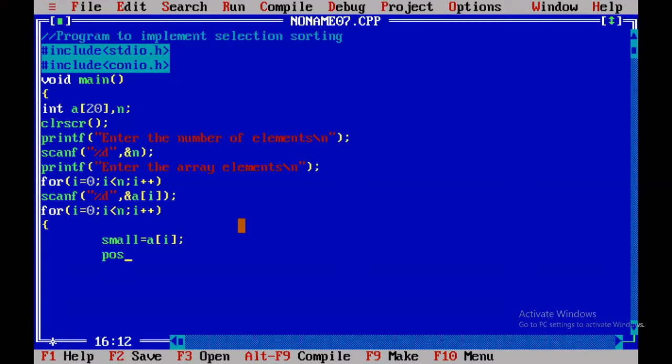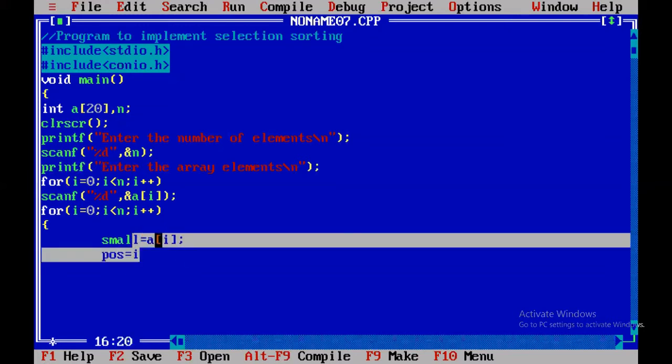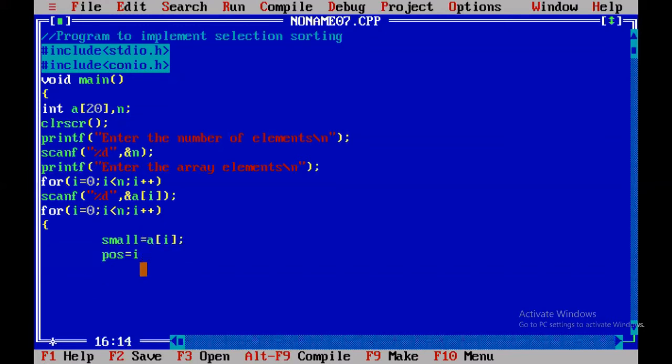I'll keep track of the position using a variable called pos, initially set to the position of the smallest element, that is i. So pos = i. And now I'll declare these two variables, small and pos.